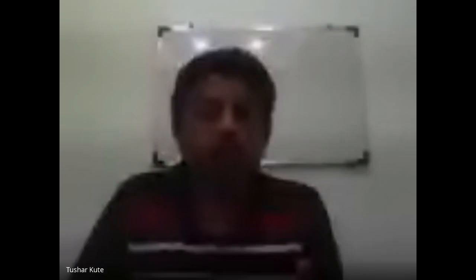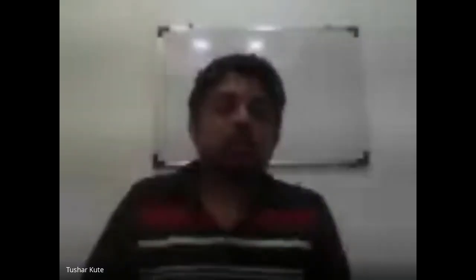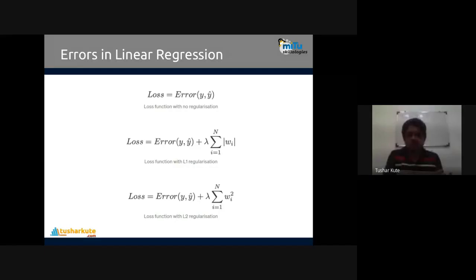And we use the L2 norm, that is w squared, the weight squared, and calculate the loss accordingly. Fine. So the two methods, L1 regularization and L2 regularization, are used here to minimize the loss.